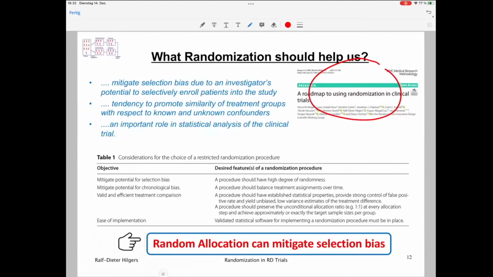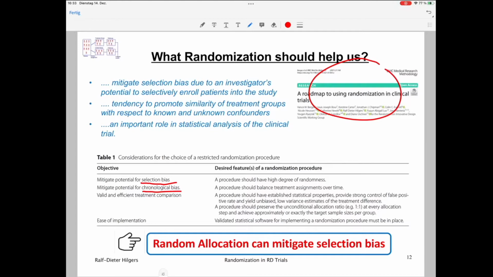Randomization should also help to promote similarity of treatment groups with respect to known and unknown confounders. That's also stated in the ICH guideline, very brilliant, and an important role of statistical analysis. And what is also stated in the paper is that we have to take into account, from situation to situation, different kinds of biases. For example, the most important one is what we call selection bias or allocation bias. And a procedure that mitigates that should have a high degree of randomness. And other procedures